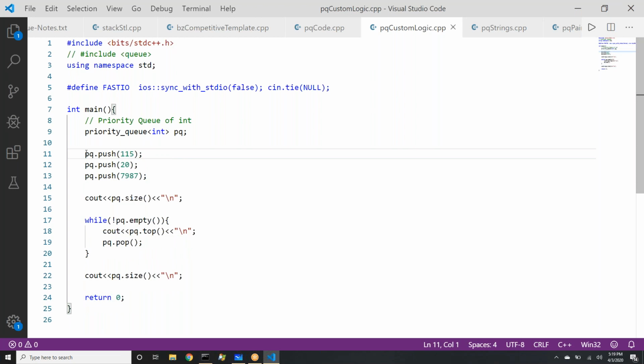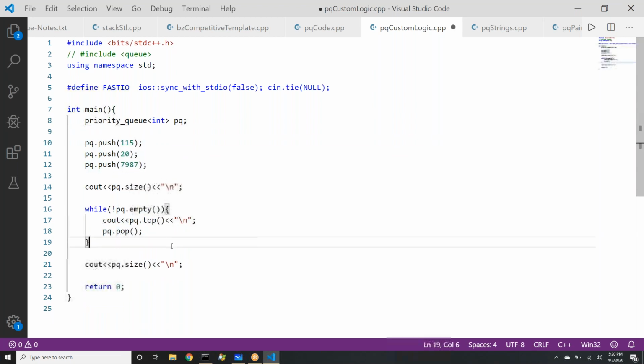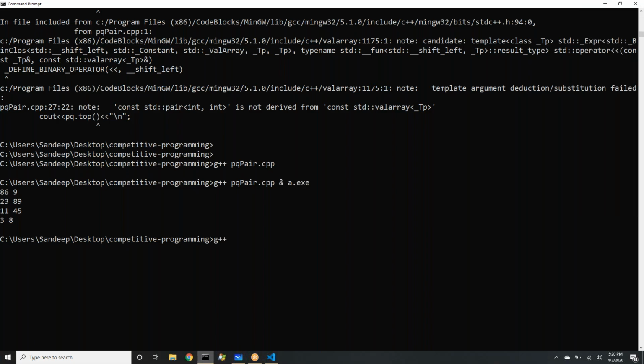Can you tell me what output we will get right now? If this is our code, what is the output we are going to get right now? By default, it gives elements in which order? Yeah, it gives highest first, then second highest, then third highest. Right? That is what we learned by a previous experiment. So let's do that same thing here also. If I go and do g++,